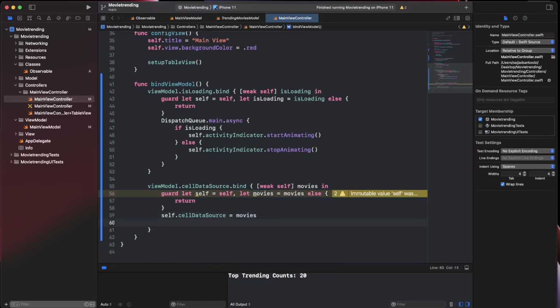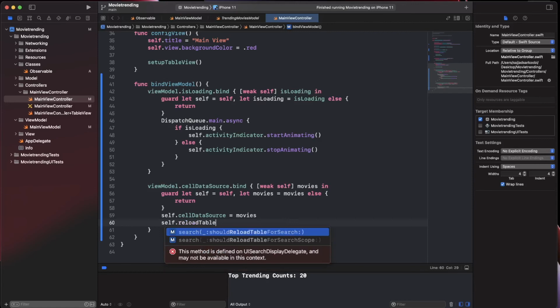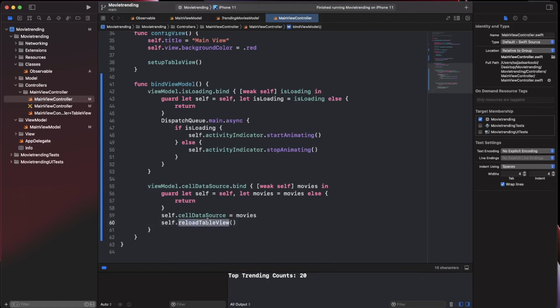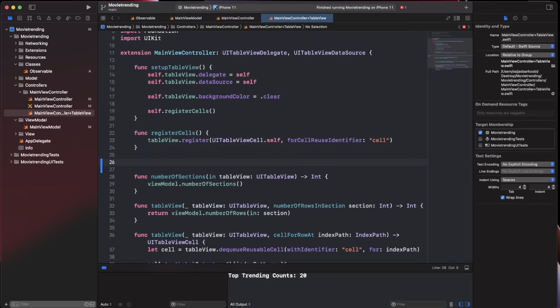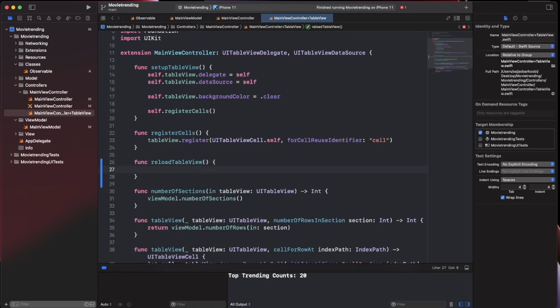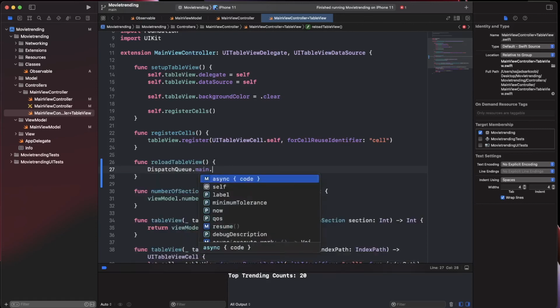And the next thing that we have to do is update our table view and reload it. So we need another function here, self.reloadTableView, and we have to create it, where inside it all the things that should happen to the table view. Underneath the register cells, I'm going to create the function reloadTableView, and reloading the table view should always happen inside the main thread. So DispatchQueue.main.async